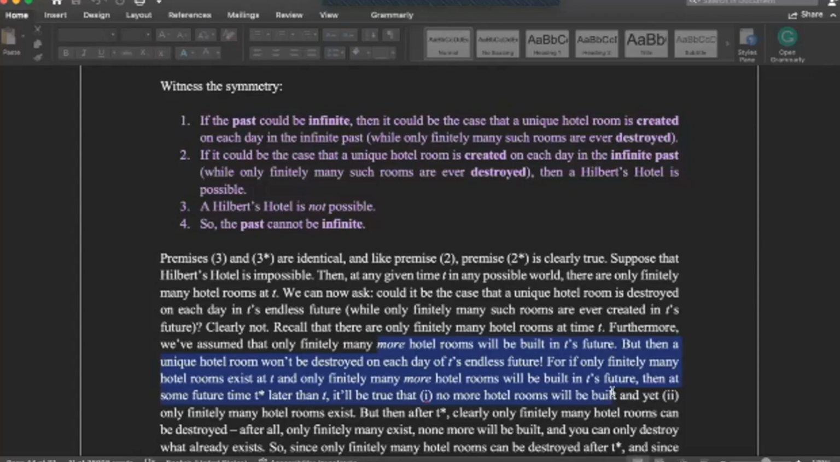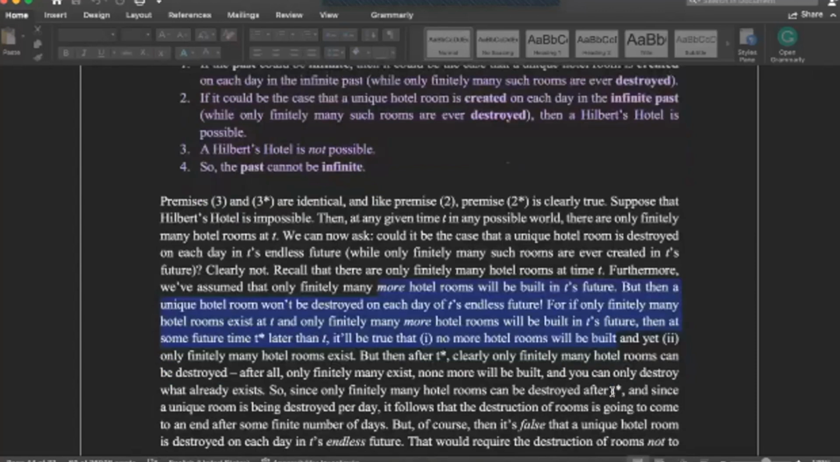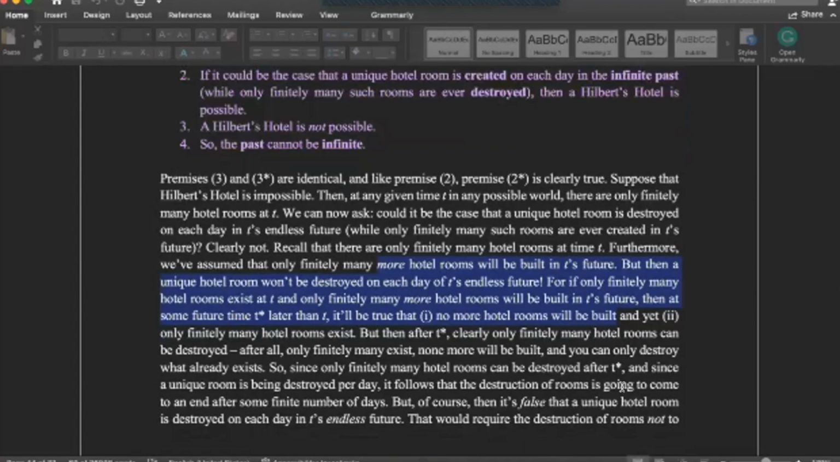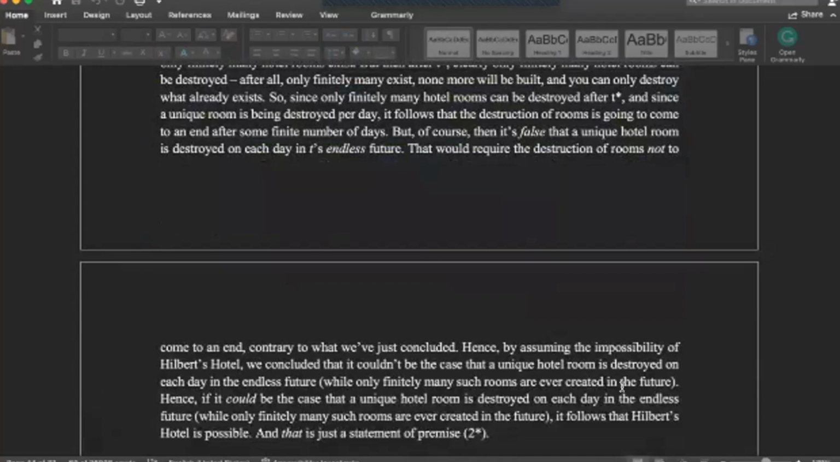But then after t star, clearly only finitely many hotel rooms can be destroyed. After all, only finitely many exist, none more will be built, and you can only destroy what already exists. So, since only finitely many hotel rooms can be destroyed after t star, and since a unique room is being destroyed per day, it follows that the destruction of rooms is going to come to an end after some finite number of days. But, of course, then it's false that a unique hotel room is destroyed on each day in t's endless future. That would require the destruction of rooms not to come to an end,